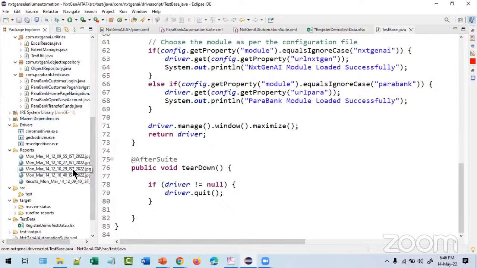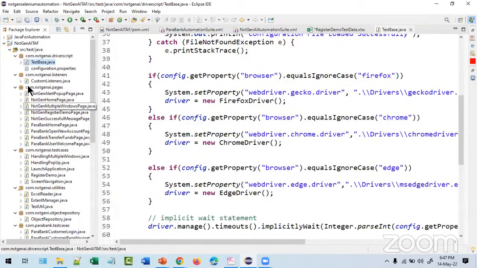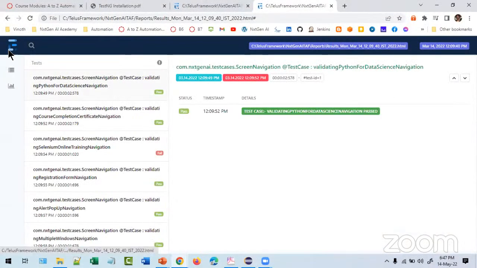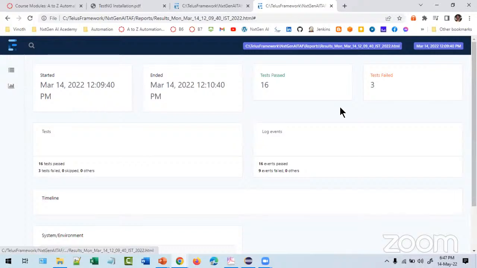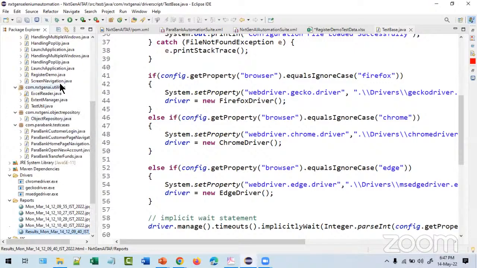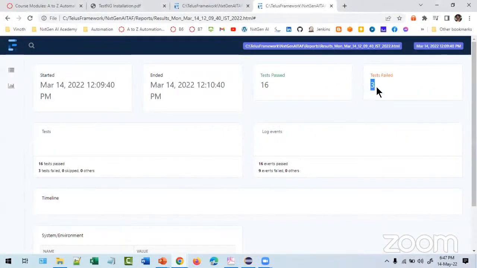What you can do after TestNG is completed, because all the features of TestNG are implemented here: after that, you have to execute this program. If you execute, definitely not everything will pass. How many pass? 16 pass, 13 fail. Actually, this is an old one, I will include a few more things. 16 pass, 3 fail means first you should know how to execute. That is nothing but a semi-automation tester. If you know how to do that, the next level is how to fix the script in the existing framework. You have to fix it and make those 3 test cases pass.